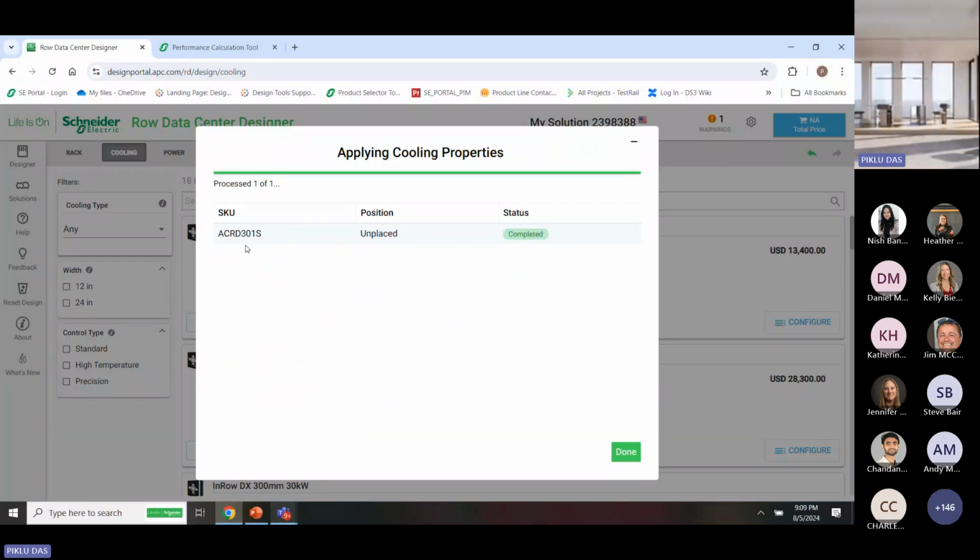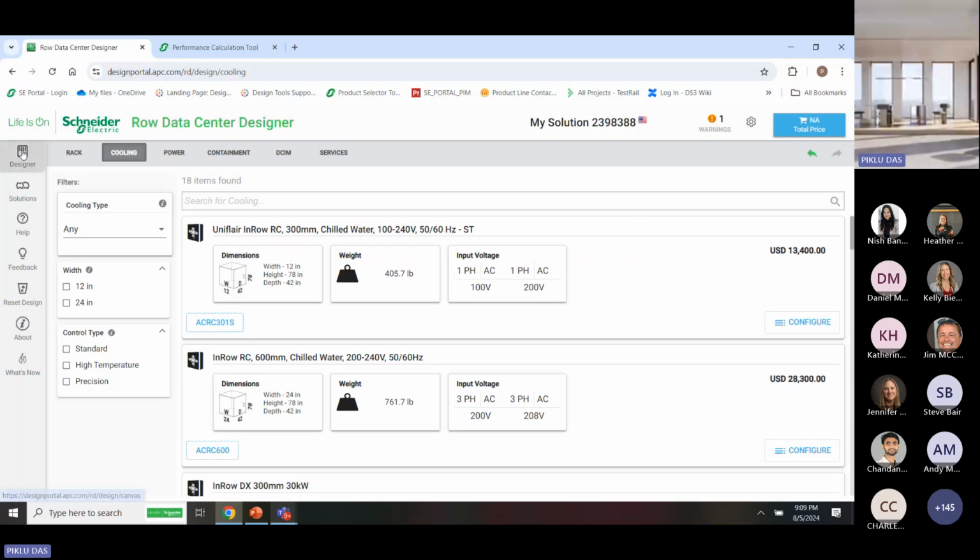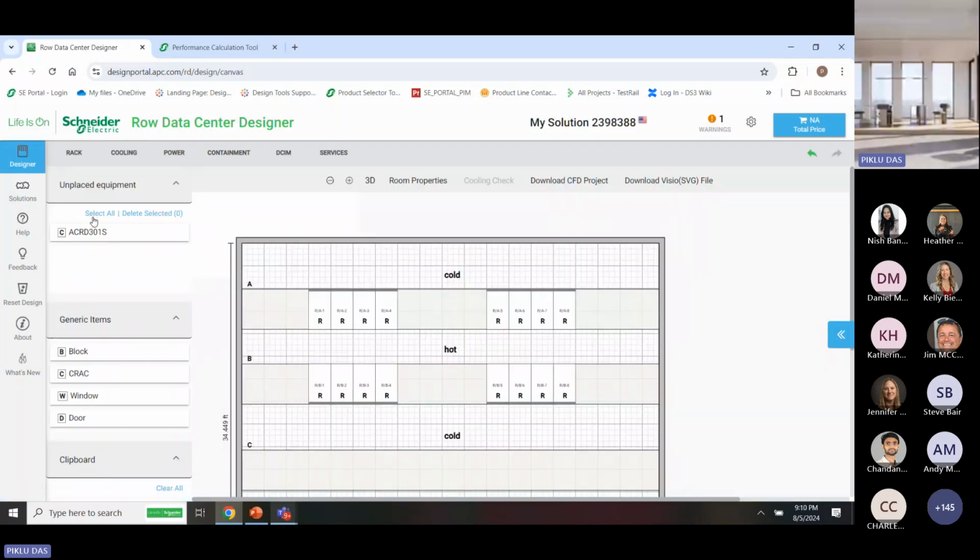So basically, what is this? This is something where we are fetching the value from the Unicalc software. As I mentioned, we don't have to go to Unicalc now to fetch the value for this ACRD301S. It has been done in the background in the Rho Designer. So once I click on done, again the particular cooling unit will be there in the floor. You can drag and drop it,